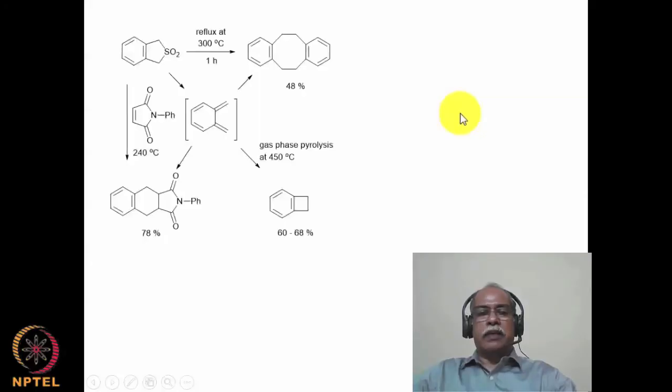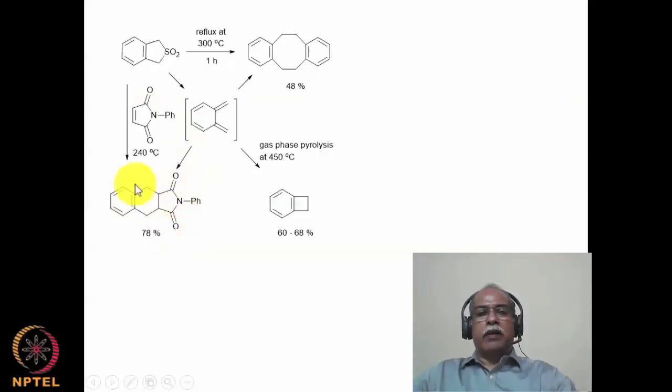The reverse reaction has been studied by Kawa. If you take the benzosulfolene and heat it to a high temperature of 300 degrees Celsius, it forms orthoquinodimethyl. In the absence of any trapping agent, the orthoquinodimethyl undergoes a 4pi cycloaddition reaction, probably by a stepwise rather than concerted pathway, resulting in the formation of the dibenzocyclooctadiene molecule shown here, obtained in 48% yield. In the presence of a trapping agent like N-phenyl succinimide, for example, this molecule undergoes the Diels-Alder reaction, resulting in the formation of the cycloadduct in